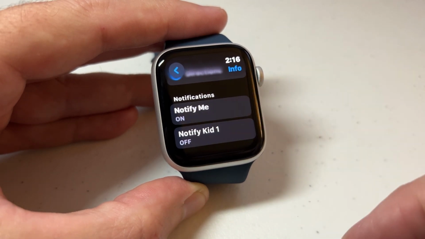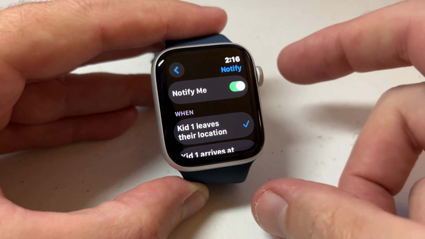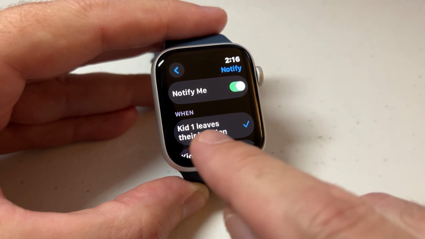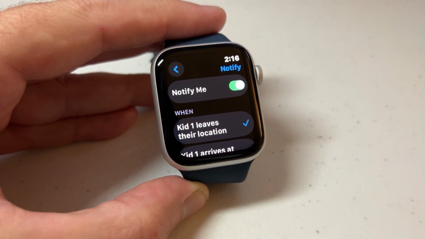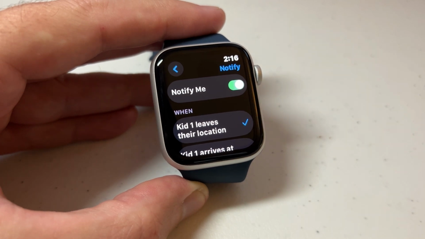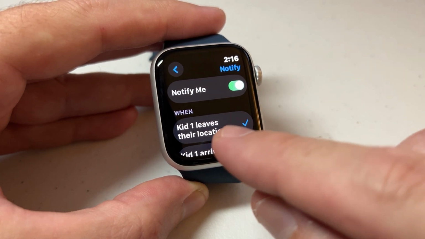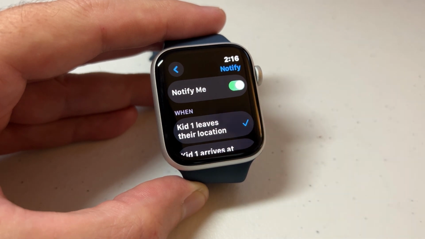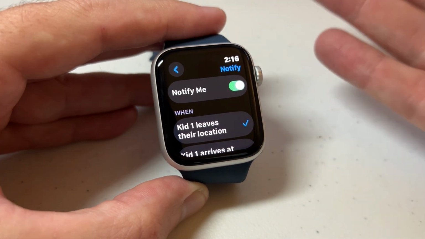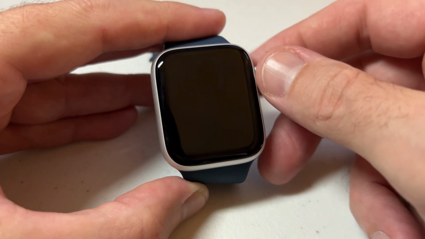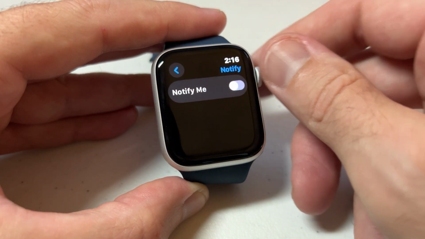If I click on notify me, I've got the option to say notify me when my kid leaves their location. This is a great feature. A lot of times my kids will be at sporting events. I need to pick them up. I can set the watch to automatically tell me whenever they've left that location. So I know that their school bus has left and I can start planning on getting there to pick them up. The other option that I've got is